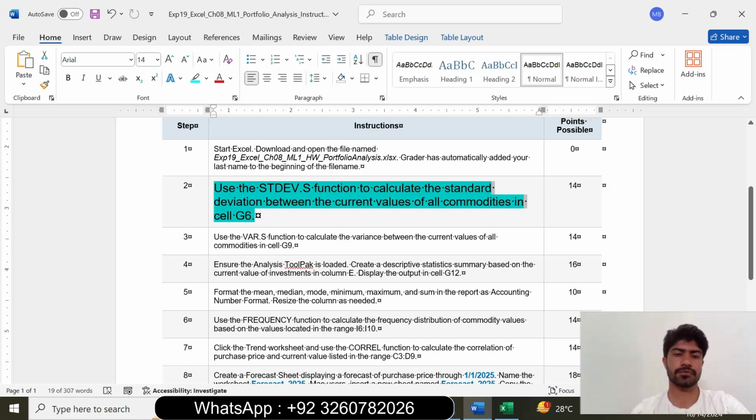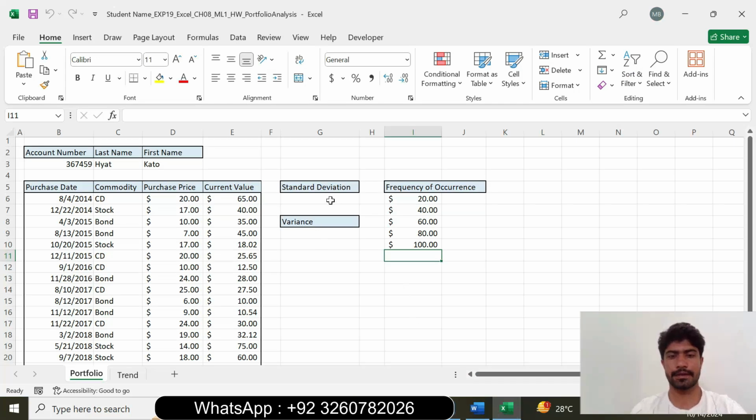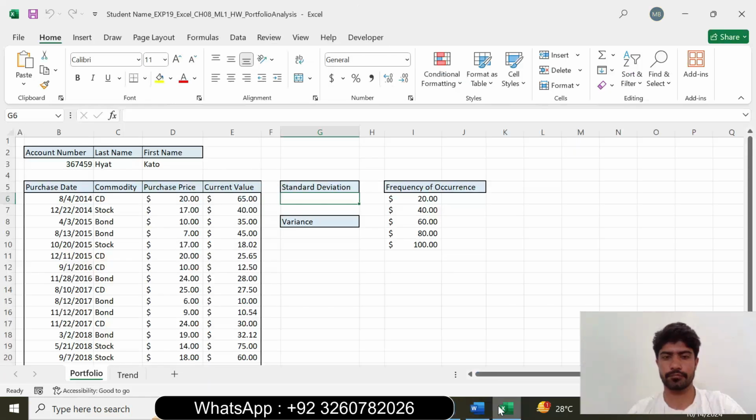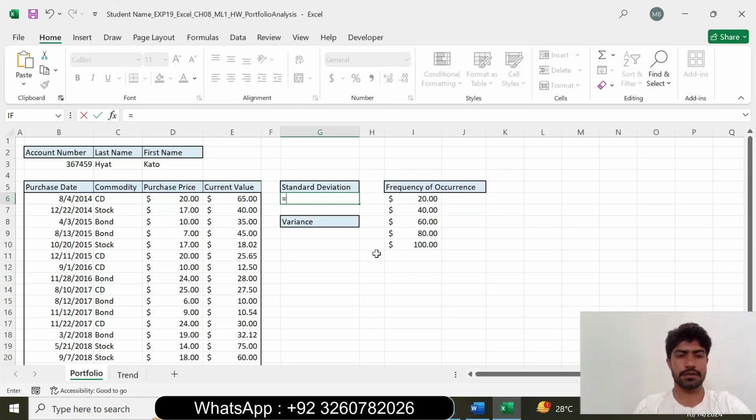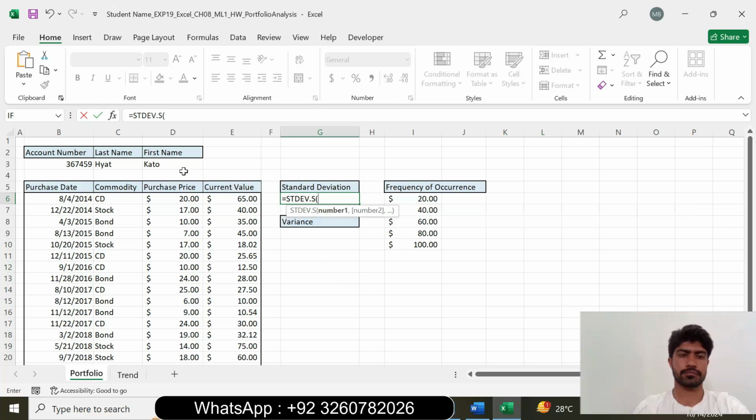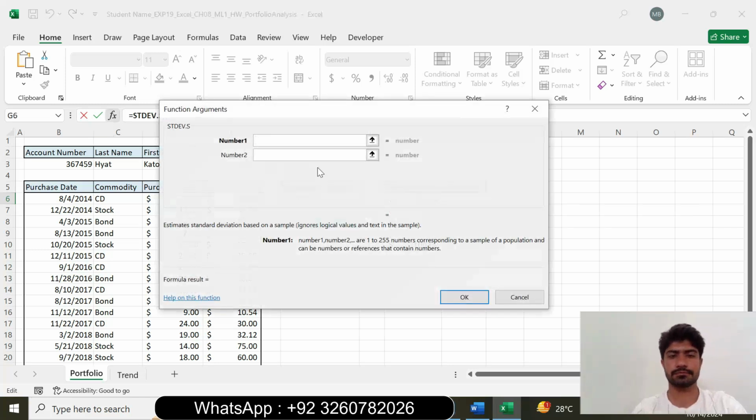Step number 2 is use the STDEV function to calculate the standard deviation between the current value of all commodities in cell G6. Insert the STDEV function, go to the Excel worksheet and select cell G6. Type equal to and type the STDEV function. Open the STDEV function